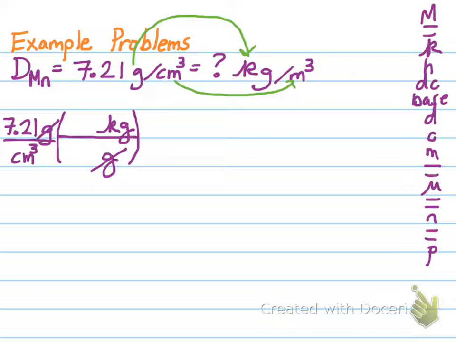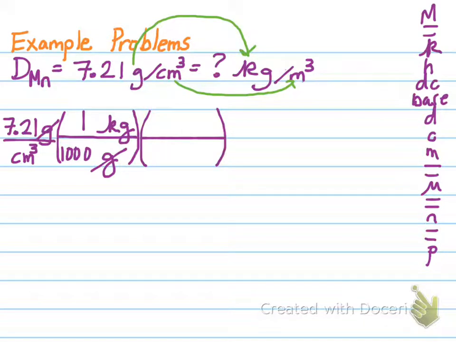Kilograms is larger, so it's 1, and 1, 2, 3, so 1 and 3 zeros, 1,000, or 10 to the third. Now if I stopped right now, my units would be kilograms per cubic centimeter. Notice I want kilograms per cubic meter, so I have to convert